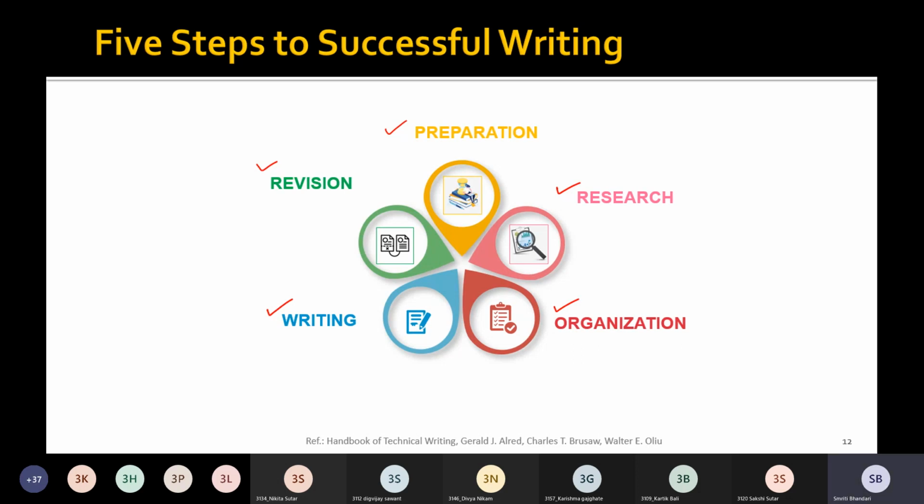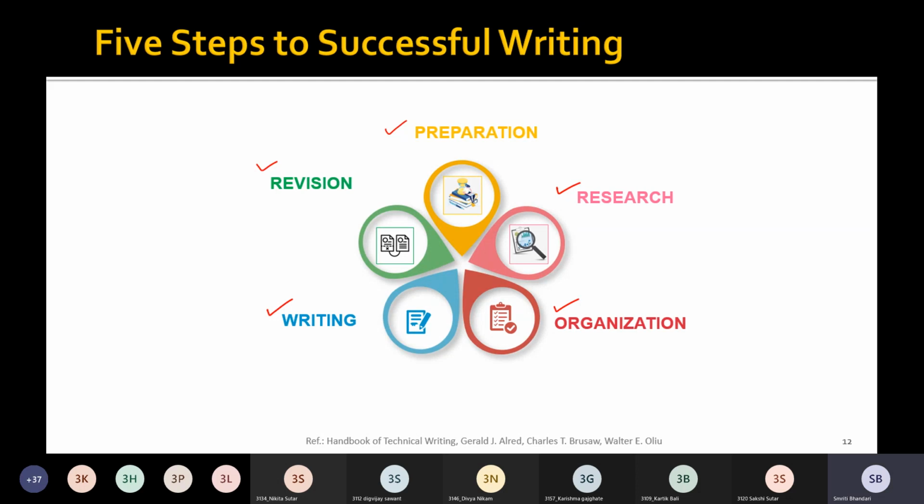But let me tell you that these steps need to be followed systematically. These steps are interrelated, and many times these steps are overlapped.